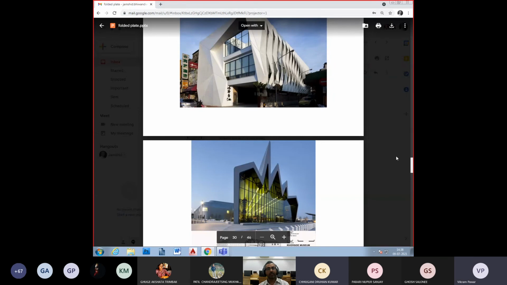Anybody else? We would like to understand from people whether, over the last two times we've been introducing newer concepts, both folded plate and portals have been newer concepts of structural resolution introduced to you. Do you think they have been helpful in a newer understanding of large span structural systems, or do you think that you were already aware of them and it's all the same old stuff? Or rather, have you explored it further? Because this was anyway meant for introduction, to prompt the discussions.